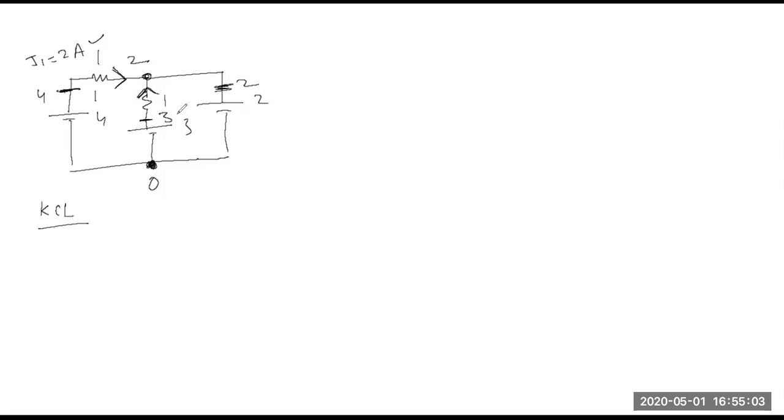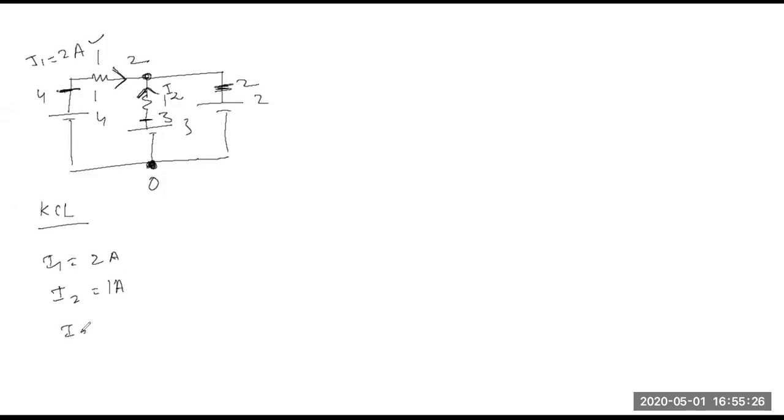What will be the current here? It's also 1 ohm. Is the direction correct? Because 3 to 2, right? So higher to lower. Its direction is correct. I'll call it I2. What will be the value? 1. So 3 minus 2, which is 1, divided by resistance 1. So current is 1. So I1 you got as 2 and I2 you got as 1.